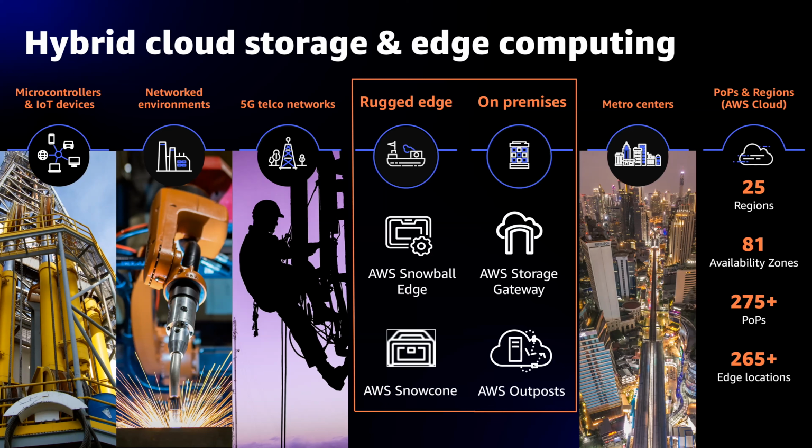Now, chances are that you may have some use cases for these other two hybrid use cases in the middle. First being rugged edge and on-premise. So when we think about on-premise, this is typically, I have a data center already, but I have some use cases where I can really leverage the agility and the scalability of the cloud. So I'll talk about some services that support that. But what if you are at a remote location? Maybe you have sites that are remote that don't always have persistent connectivity. That's where that rugged edge comes in. And we'll talk about services that support that as well.